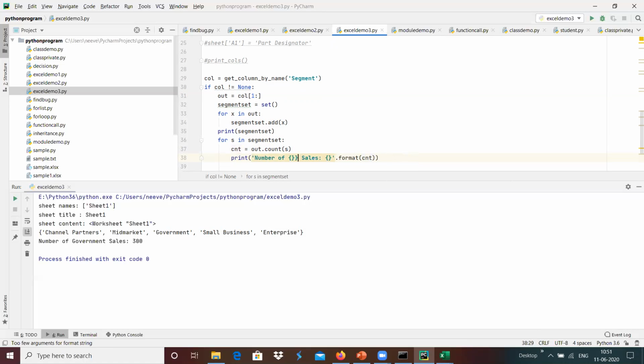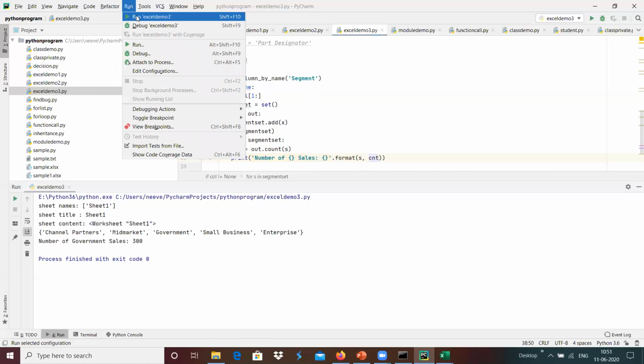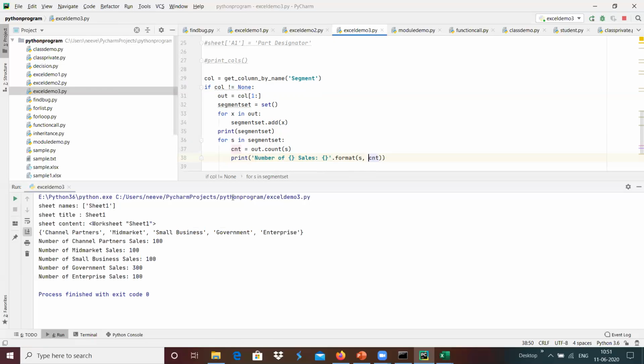Maybe I'm going to do this over here, and number of, I'm going to give s comma over here. Whenever we run this, we will get the updates. Here we got the updates.